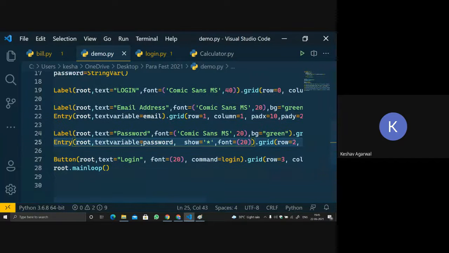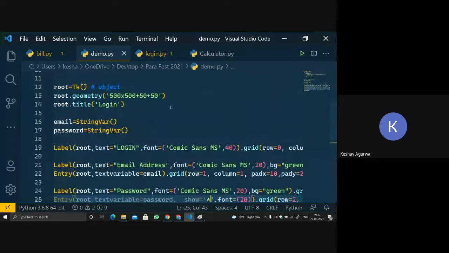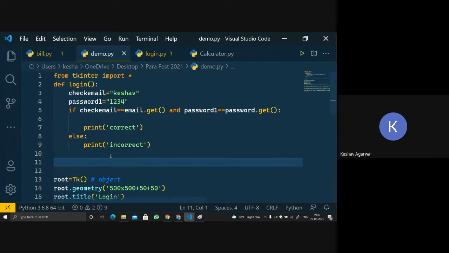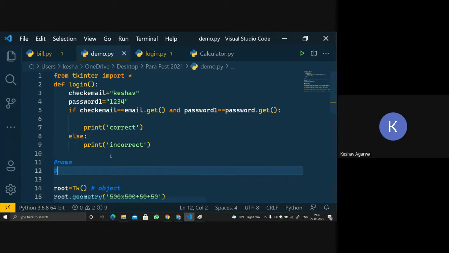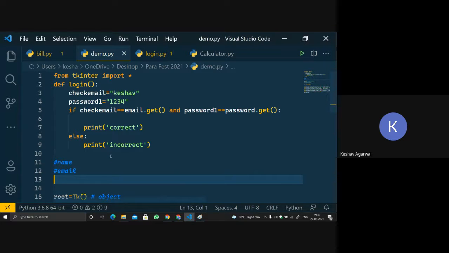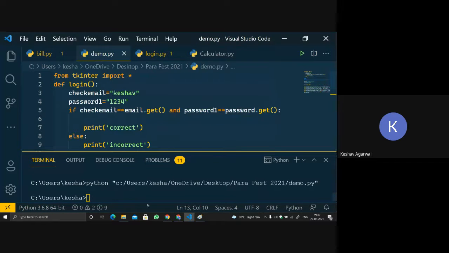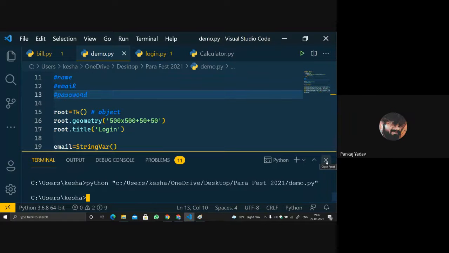So can I count on you to make something GUI where you are taking name, email, and password from the user and printing it on the console, on the terminal? Can all of you make a program like that? Yes, yes. Okay.